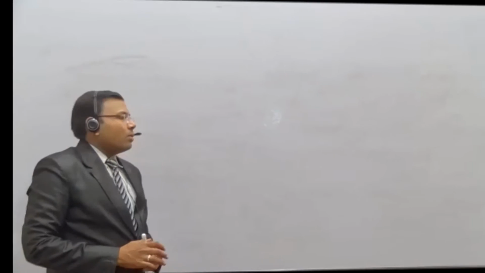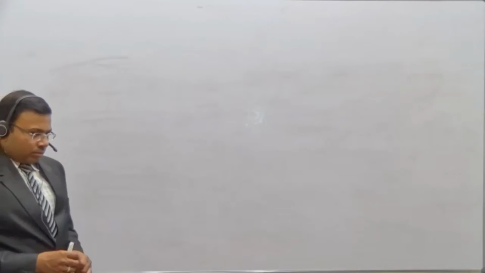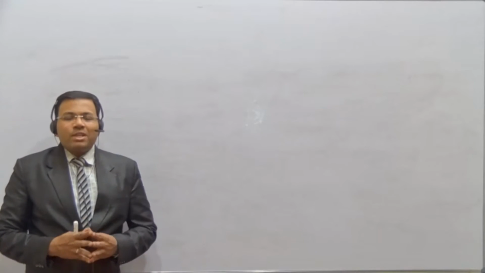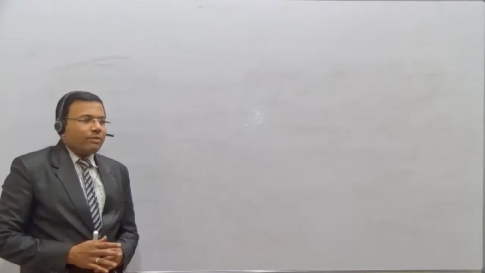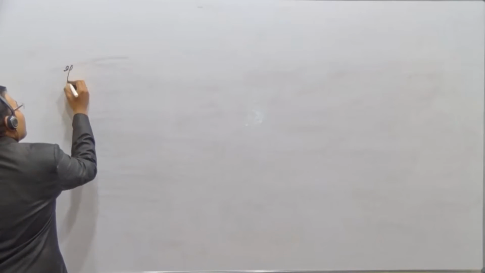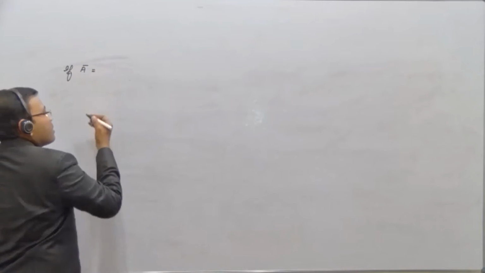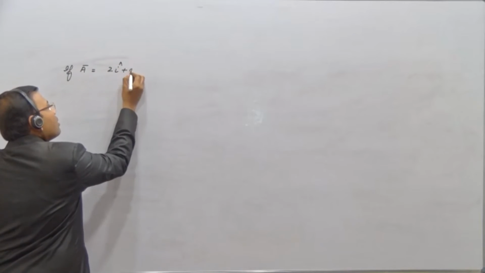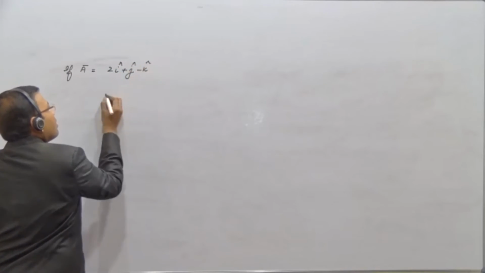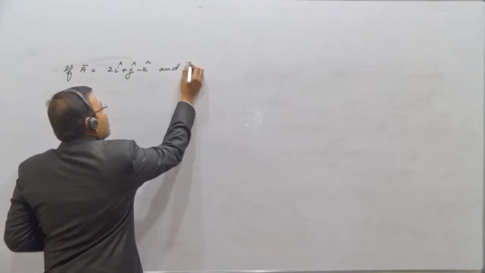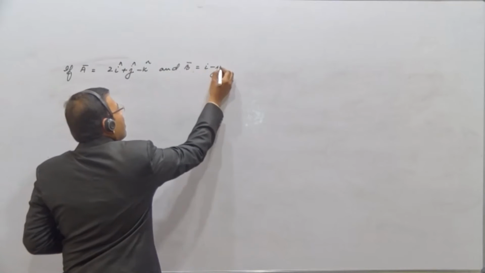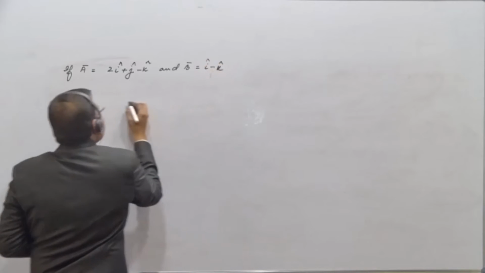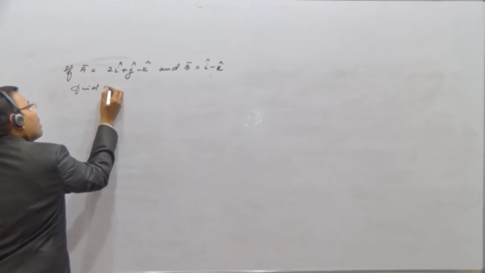Slides. Okay, now the next question we are doing is based on the concept of finding the angle between two vectors. So let us see what this is. Suppose vector A is 2i plus j minus k, and vector B is I minus k. This is k, not j, this is k. I minus k. Find the angle